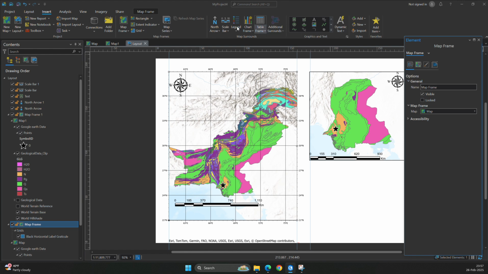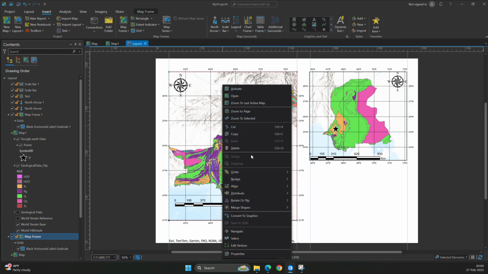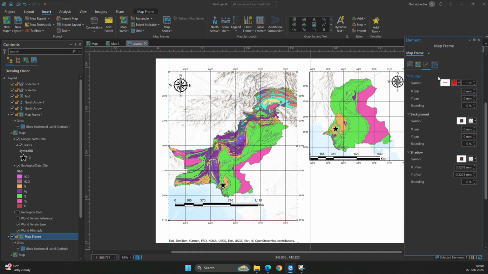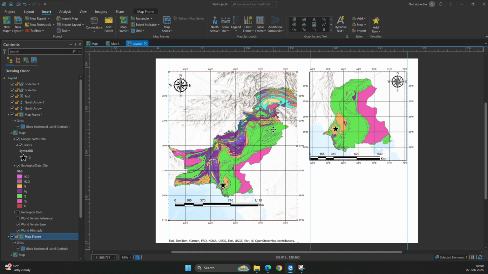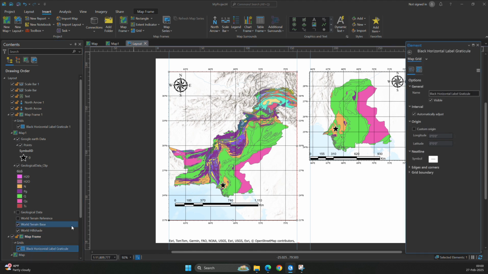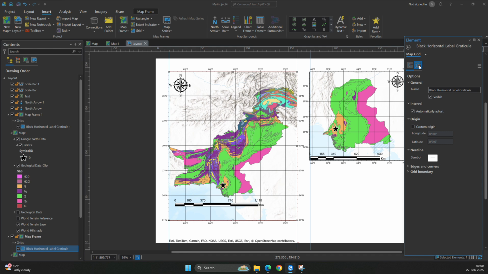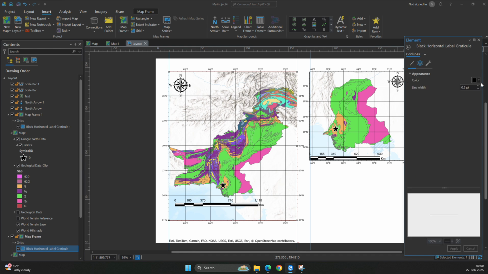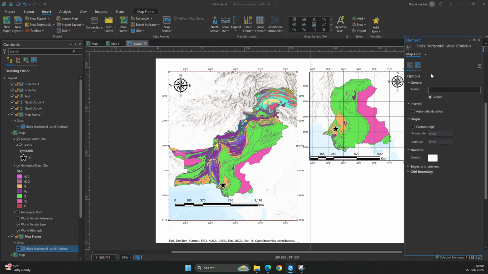Just wait a minute. If I do something, I think we will open the map frame. So I want to open the grid. Open the, yes, grid, open, and go to my grid lines, and I go to no color and apply it. Okay, so it will be removed, and go to your map frame,